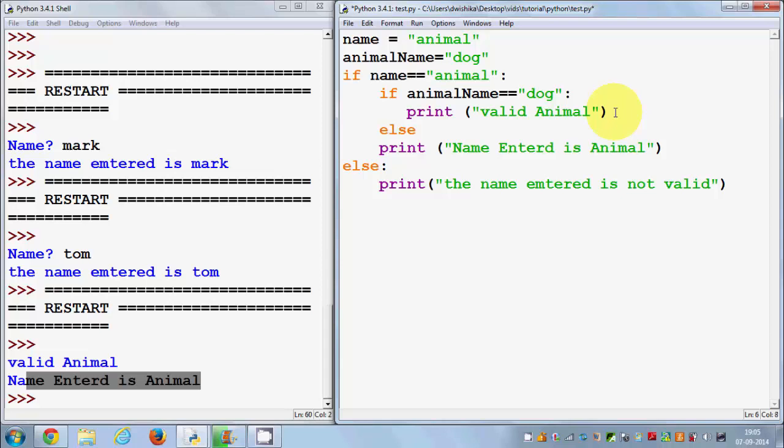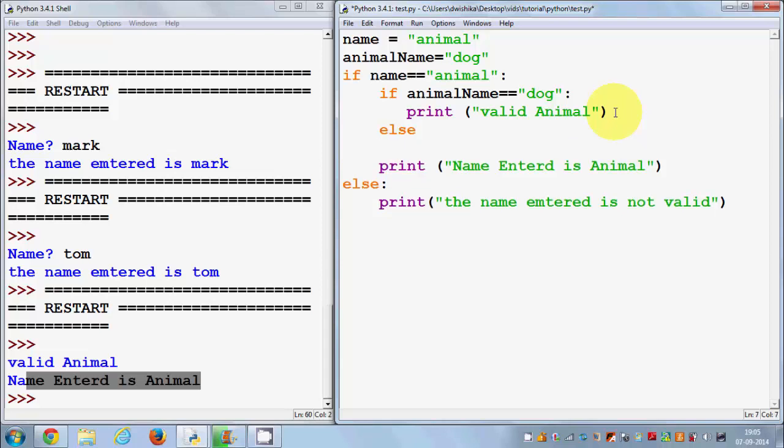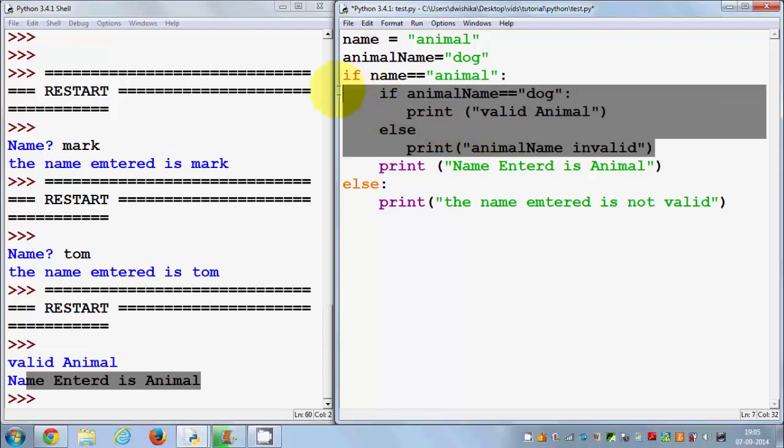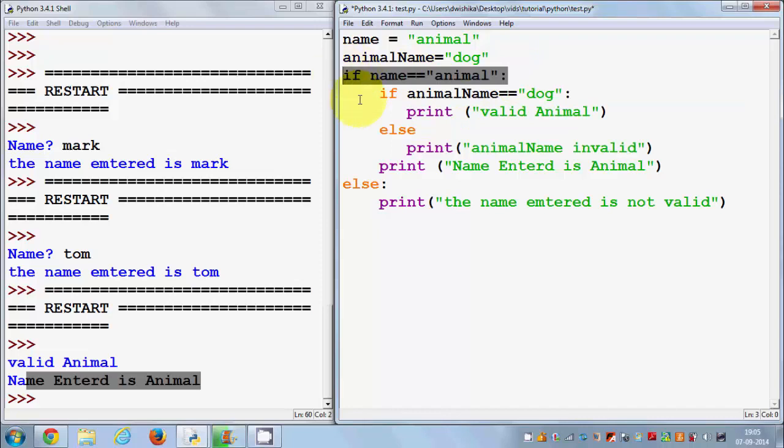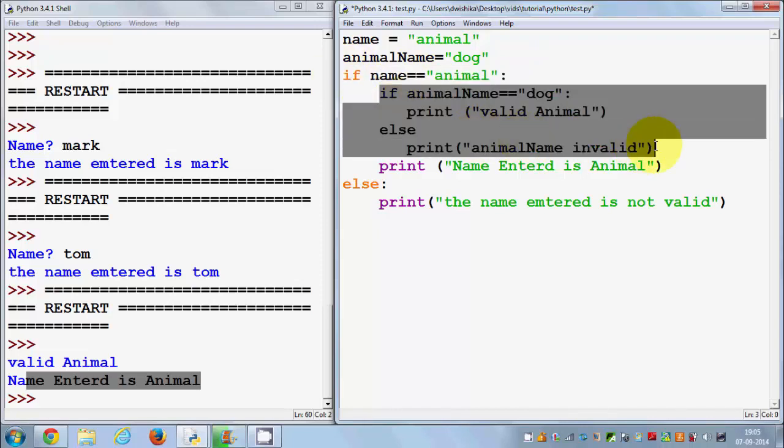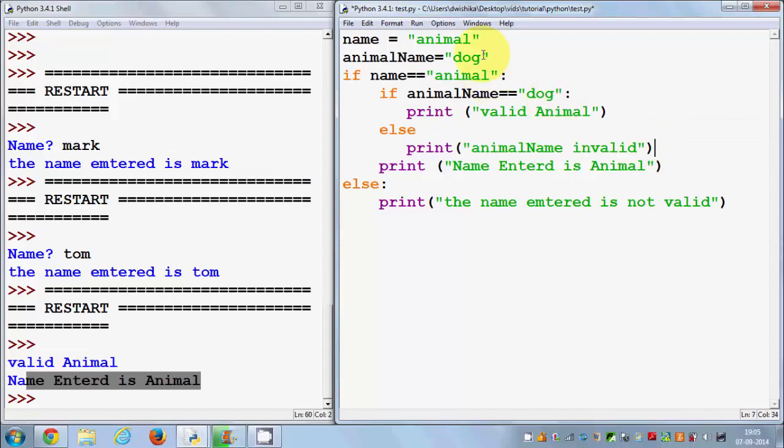Or in the case where the animal name is not dog, we can just say else, and I can print one more condition, print animal name invalid. Okay, so this is my if else condition inside my another if condition. So this is like a parent if, and this is like a child if else condition. Okay, so I change this name to some other name, cat for example, and I save it and I run it,